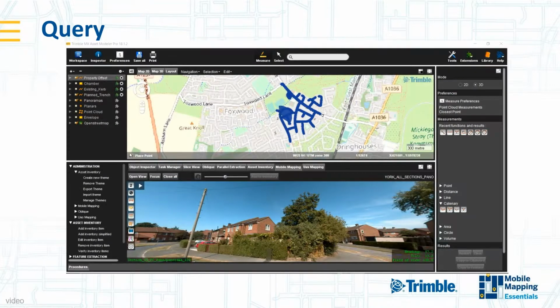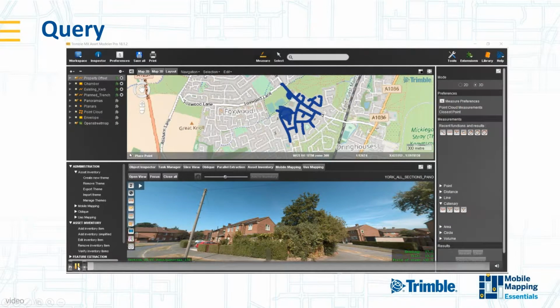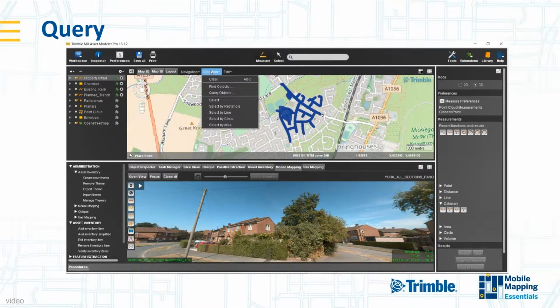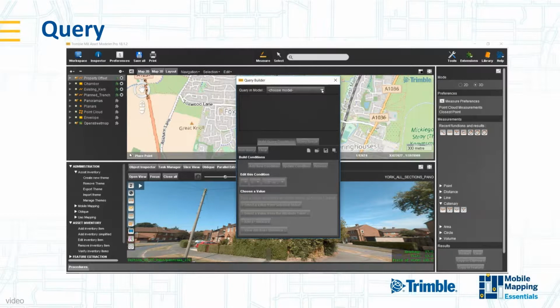So as I've mentioned, TMX has a quite powerful GIS database behind it. So what I want to show you now is that you can even do things like quite complex GIS queries. So let's just say I've extracted a bunch of trenches, planned trenches, and I want to search for particular conditions. So I'm going to use my